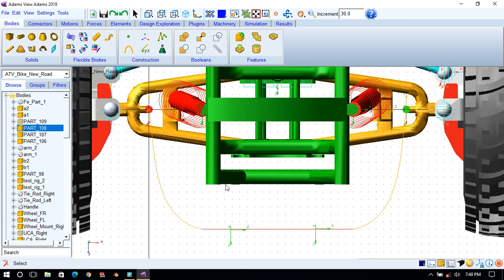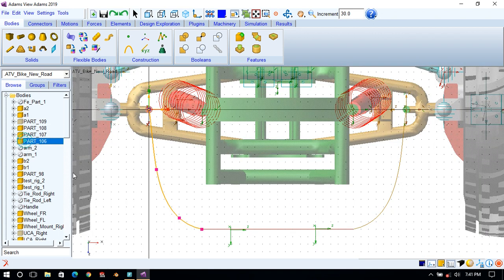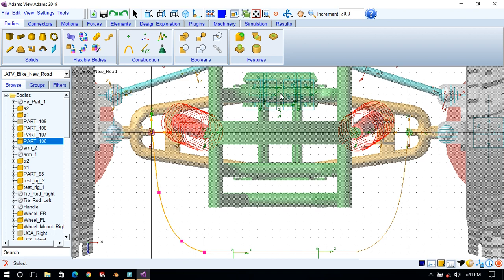So what I have done, I have created these 3 splines. Randomly you can create splines. First starting at this point, second, third, fourth, it requires a minimum of 4 points, and I have mirrored this spline about the marker which is the center of mass of this frame. So this is part 8, this one, and I have joined these two splines, this one and this one, with this spline.